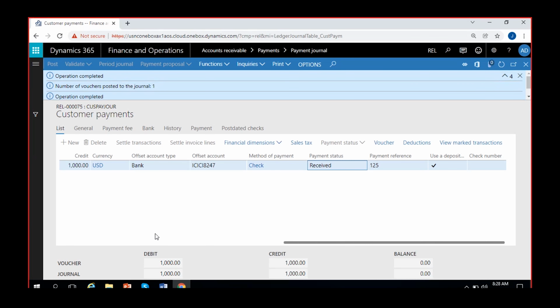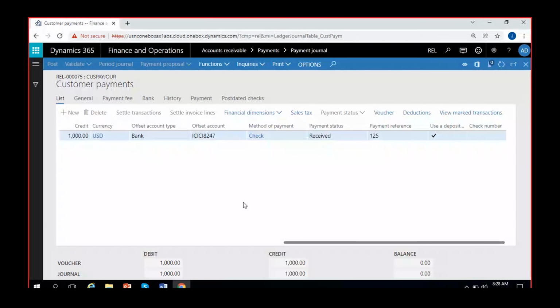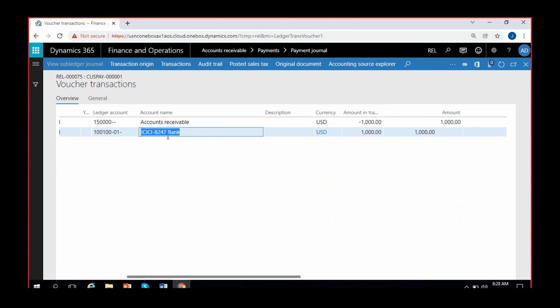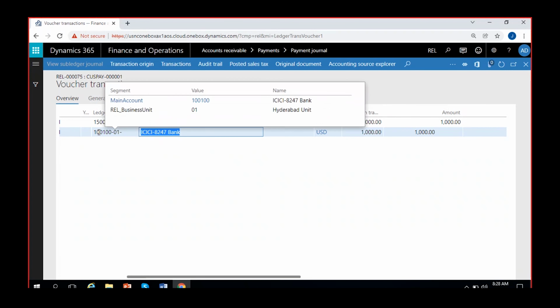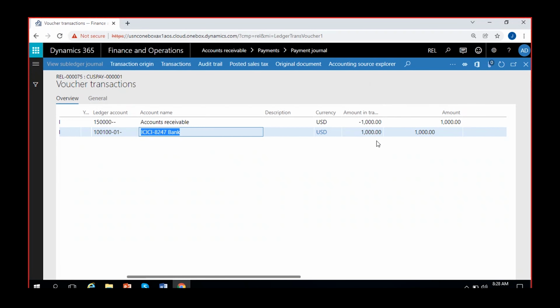See here, it is posted now. So let's see the voucher here. You can clearly see the accounts receivable account is credited instead of the customer account. The accounts receivable account is considered for credit, and behind the bank account you have a main account linked to the bank. This one, 100 account. So that is being debited,